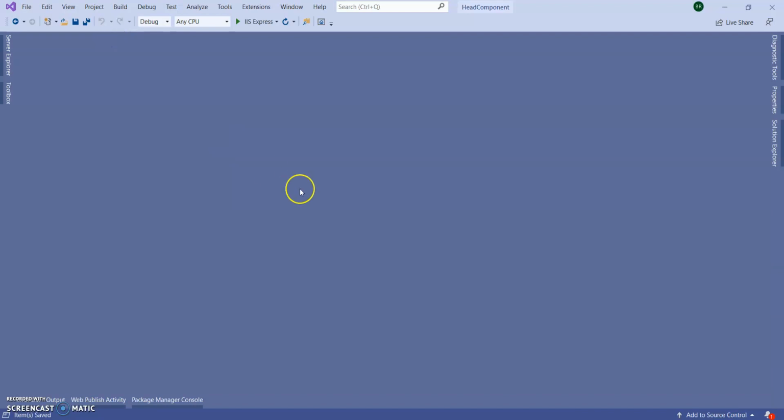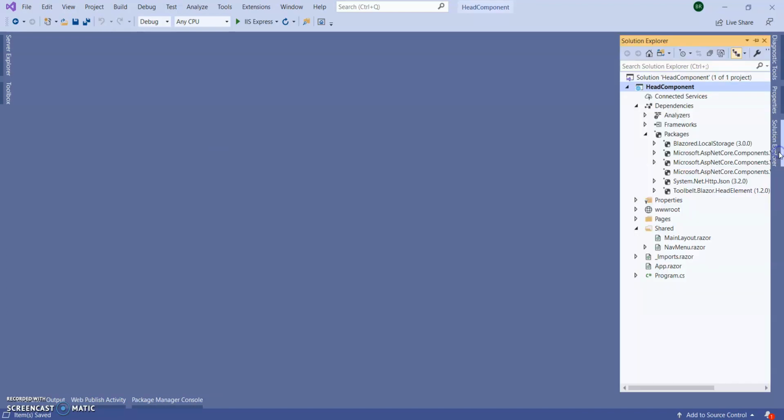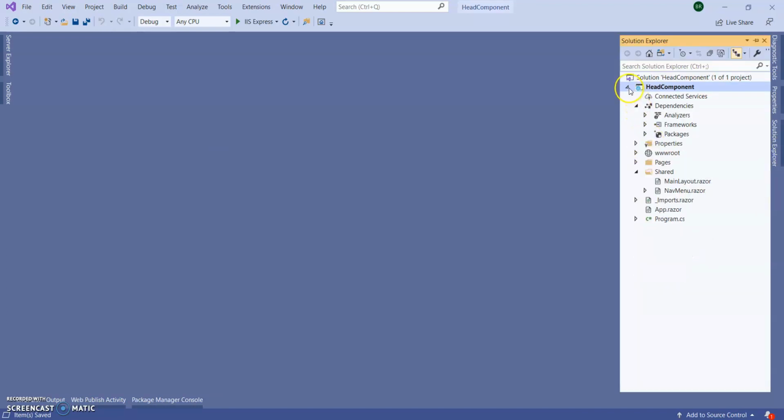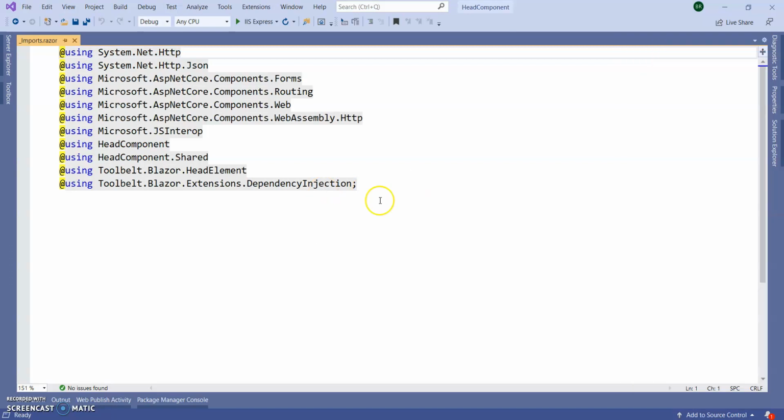Close the application. Next, we need to go to our _Imports.razor file and add here using Blazored.LocalStorage. Done.